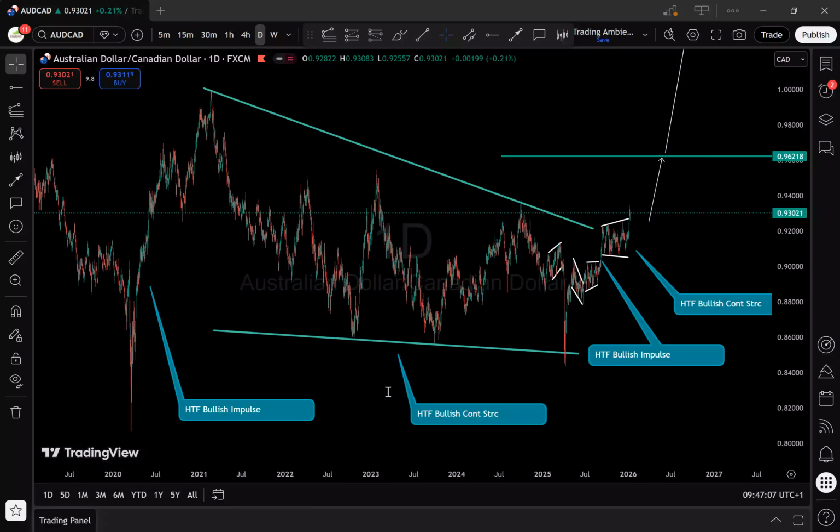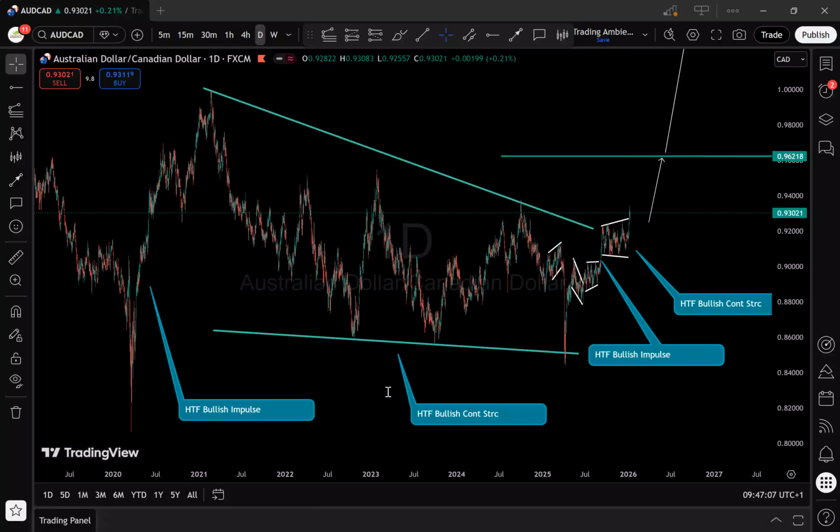So our entry should be placed above this and the stop loss below the lower time frame continuation structure. Our target should be at this high. See? Somewhere around here should be our target, using this Fibonacci retracement tool to get our target here somewhere around here for CHF JPY. Moving on to the next pair, we have Euro CAD,